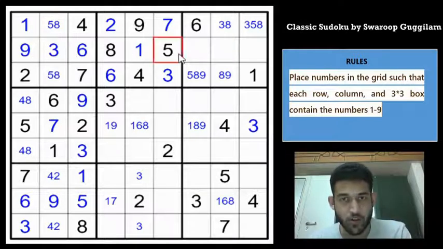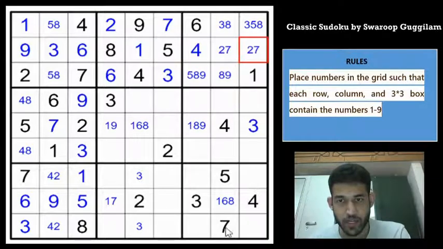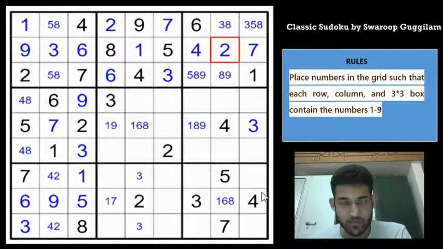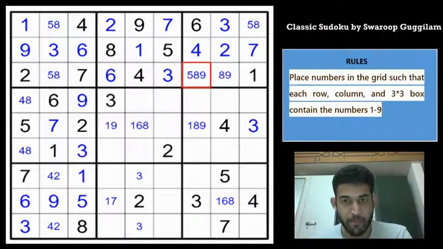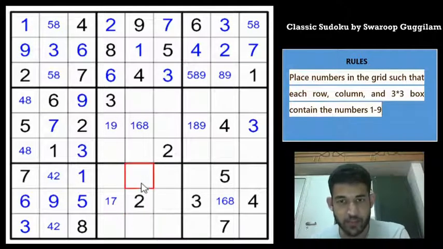And now if you look at row 2, we have 6 digits already, remaining are 2, 4, 7, but 4 is in column 8 and column 9, so this must be a 4 and these two cells must be 2, 7, and there is a 7 here, so this is a 7 and this is a 2. There is a 3 in column 7 and column 9, which means that we can place the 3 here, and this must be a 5 or 8. And a 9 must be in one of these two cells. There is a 3 in row 9, which means we can resolve the 3 now. We can place the 3 here.